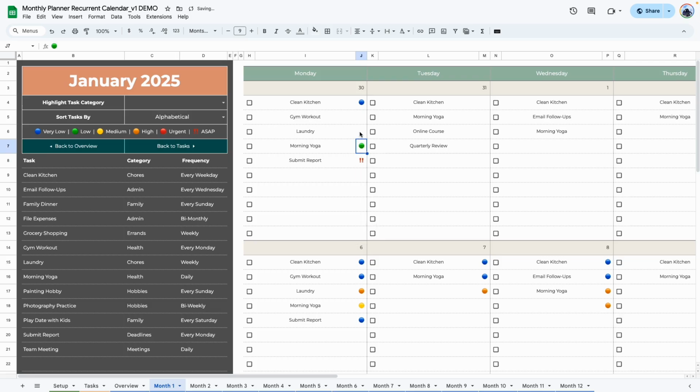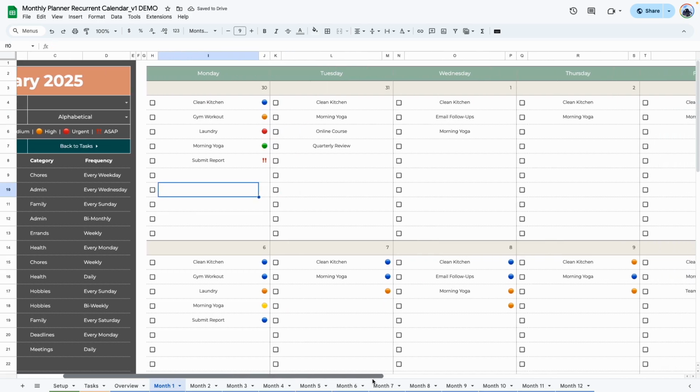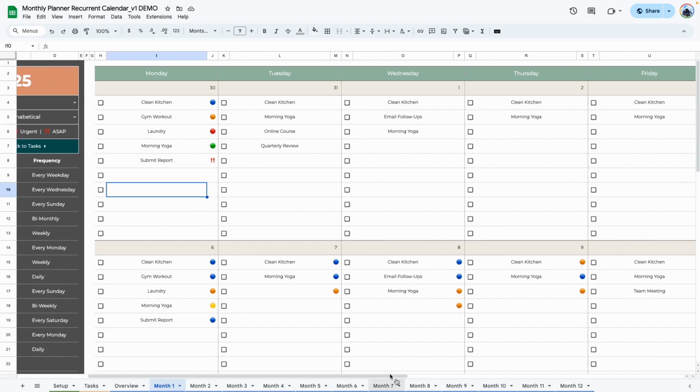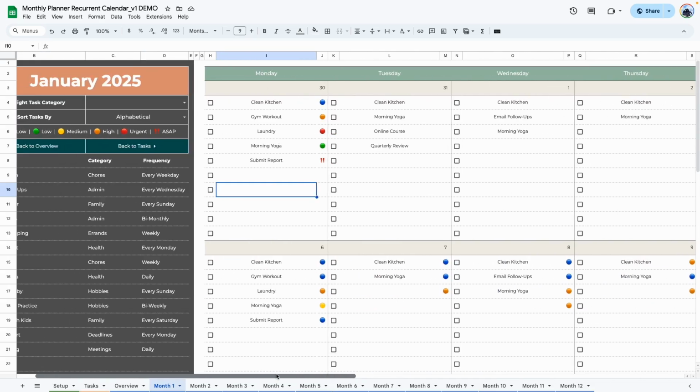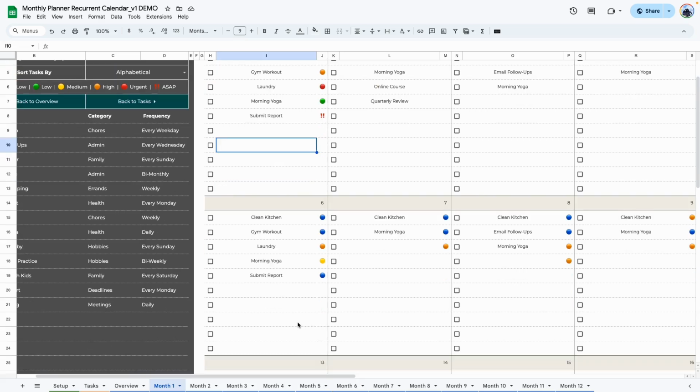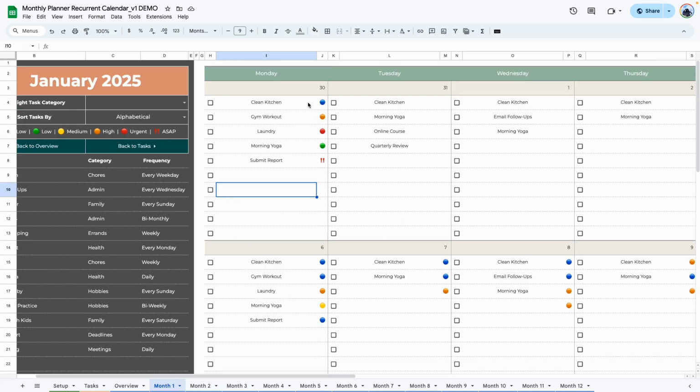And then you can assign whatever color you want to the rest of your task. So you can do this every single day when you get to that day, or you can decide to do it for an entire week and then change it when you get to that specific day. It's really up to you, but you don't have to assign the priorities for the entire month for this template